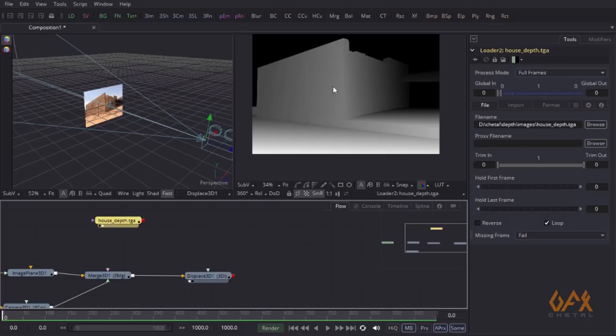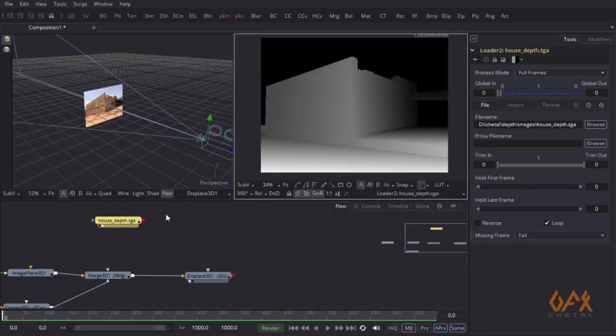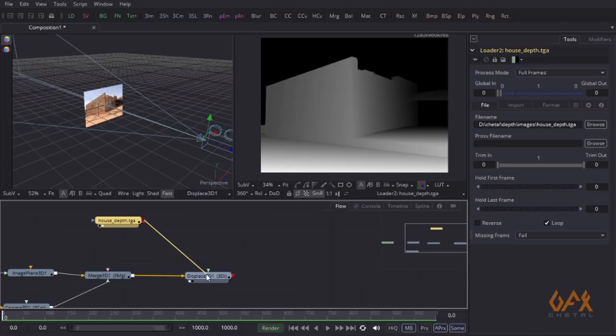Now I apply this depth map as a depth reference of this Displace 3D. So now you see